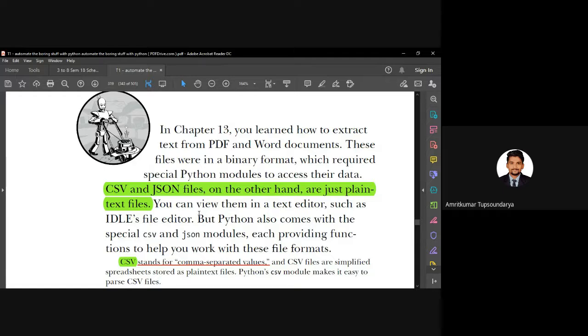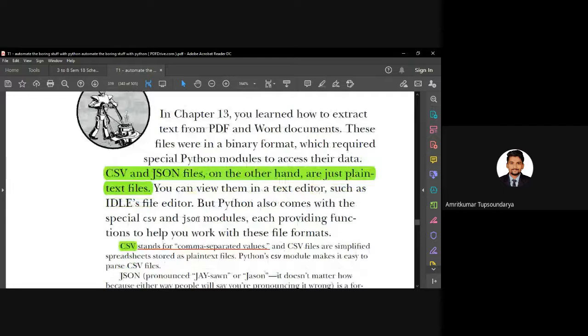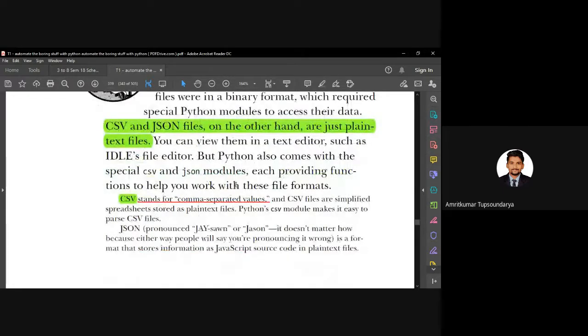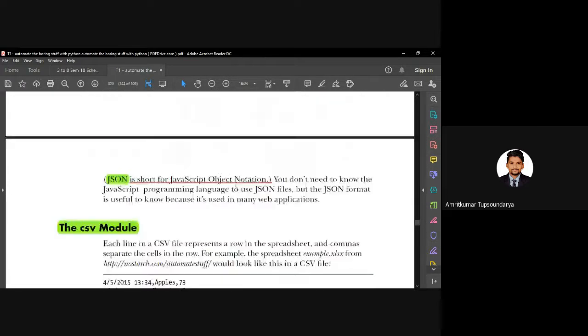We will deep dive more into it. We will understand these documents first, and then we will see what type of operations we can do using these files and the modules provided by Python. As I said, CSV is comma separated values, and JSON is JavaScript Object Notation.